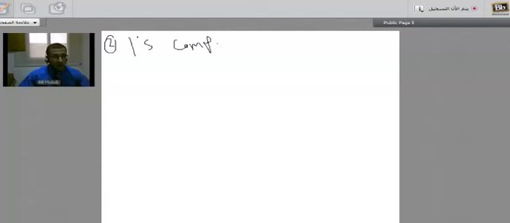For short, we put "comp" with a dot. That's short for complement. Now let's have a look at the complement. The rule of the one's complement is that all zeros